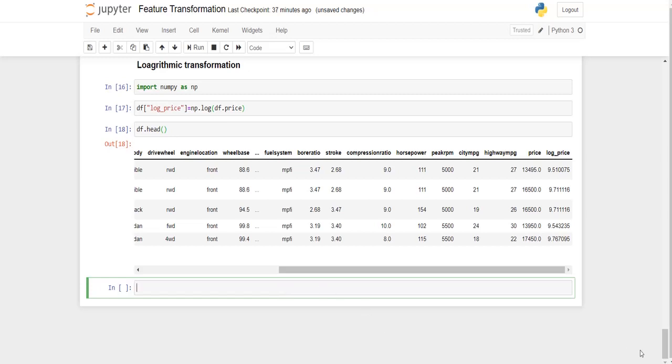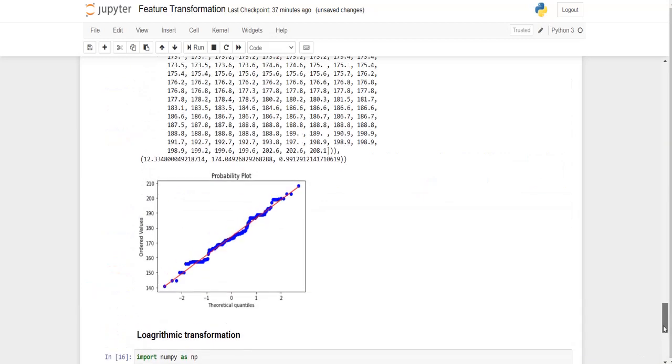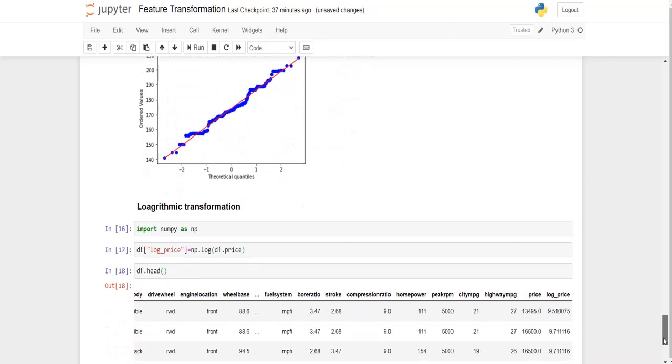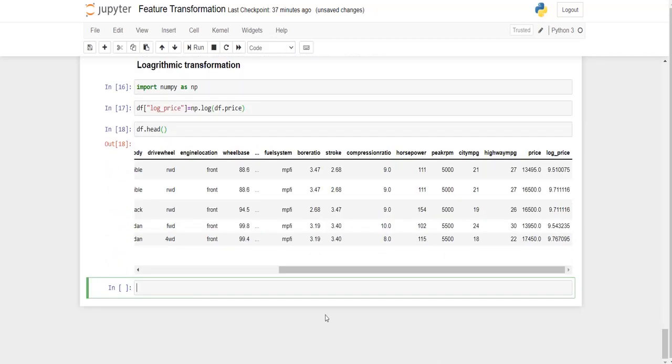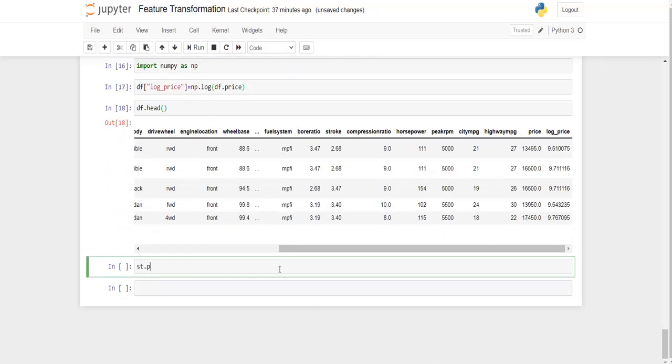So in order to check this, I'm going to use the QQ plot. So st.probplot of df of log_price, comma, plot equal to pylab.